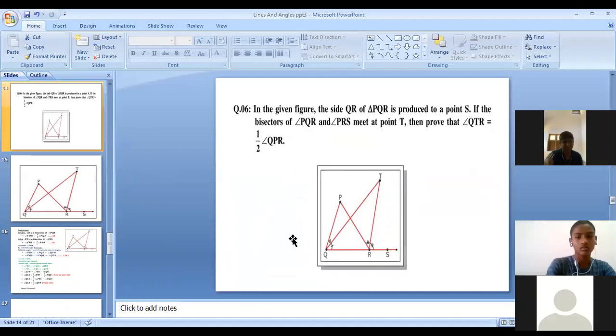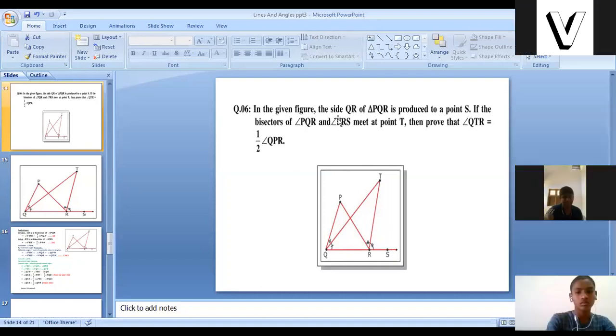Here this is completely different from the other solutions. Why? Because in the other questions, children, numerical values are given, like angle Q is given, angle T is given, and they're asking us to find the value. Here we don't have any value. They're asking us to prove something. So what is given in this figure?